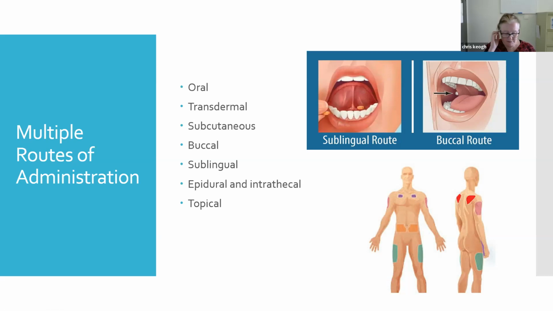Buccal medicine is a medicine given between the gums and the inner lining of the cheek, and it's called the buccal pouch, so that's why we call them buccal meds, and something like a fentanyl lozenge would sit in there, which is a little bit different from the sublingual route. So it's placing a medication under the tongue, as you can see in this diagram, and it just sort of dissolves and absorbs into the blood stream through the tissues. An example of a sublingual tablet would be lorazepam.